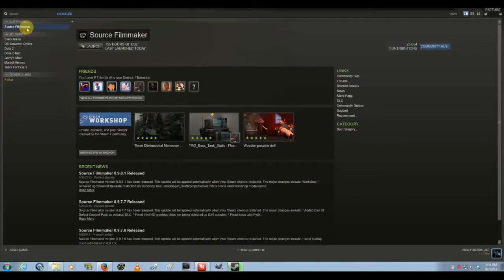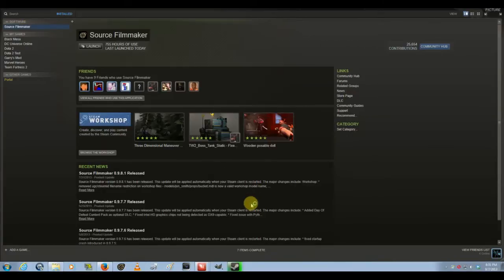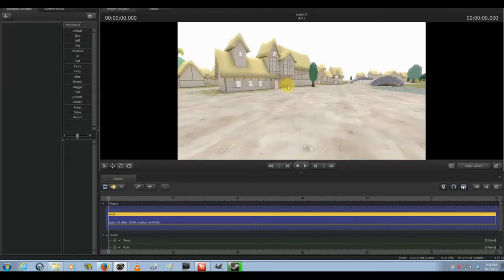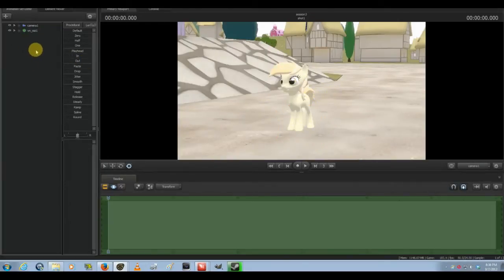Just launch SFM like you normally would. Create your session, load up a map. I cut all that out so you didn't have to worry about it. Now you want to set up a camera, position it, set up your models. Then once you do that,